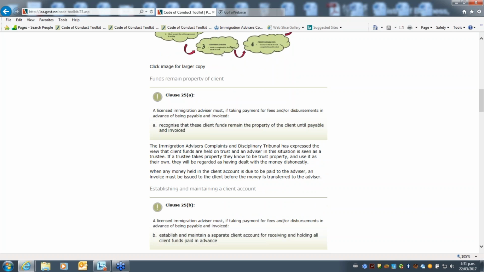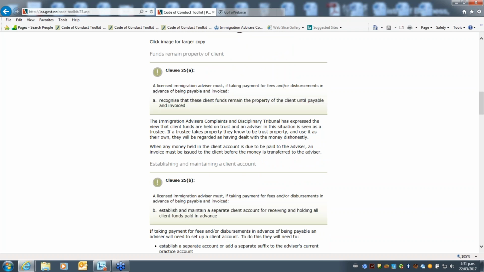So one thing I'll just comment on is that some people come to me and say, look, people don't pay me. How do I chase up on money that's not paid? And the answer to that is that you can establish a client account and take the money in advance. So having a client account may be in your favour, it may be in your interests. It may allow you to take that money up front and have that reassurance that once you've done the work, you're going to get paid.